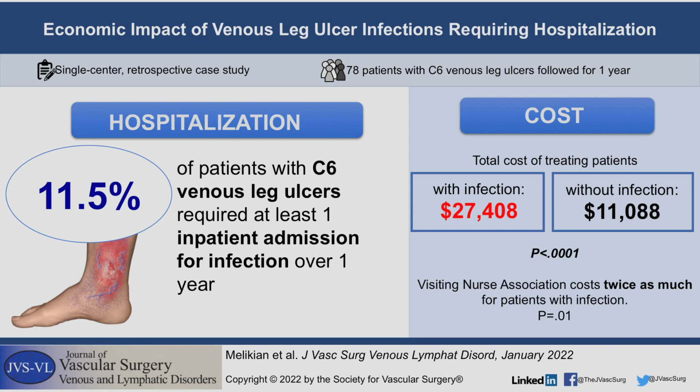11.5% had at least one admission for infection related to the venous leg ulcer in 1 year, with 5 patients requiring recurrent admissions. The number of outpatient wound center visits and visiting nurse appointments was significantly greater for those with infections. The total cost for infections in this study was $27,408, which is almost threefold higher than those with non-infected venous ulcers, which cost $11,088. Subsequent nursing costs were also